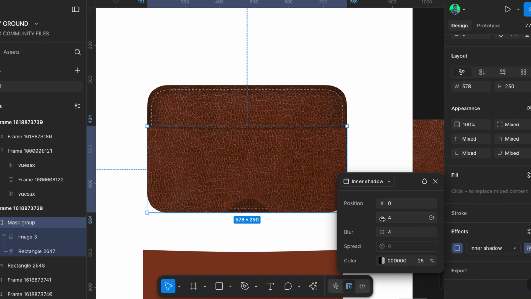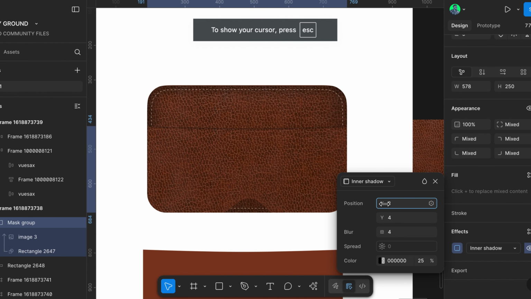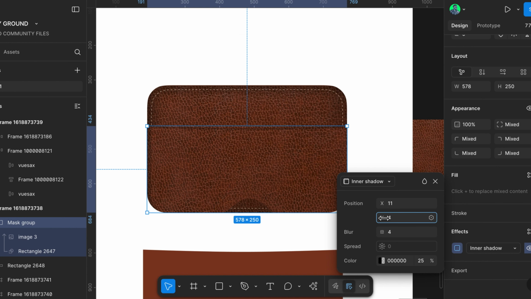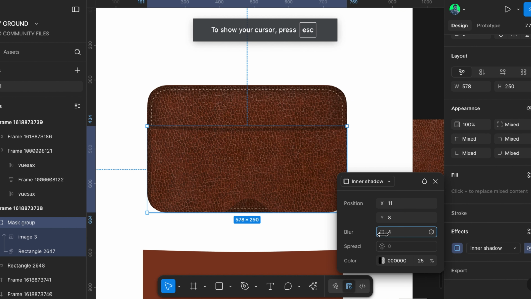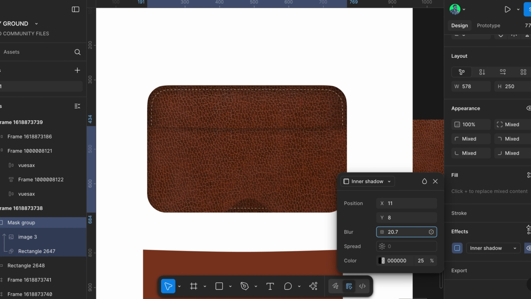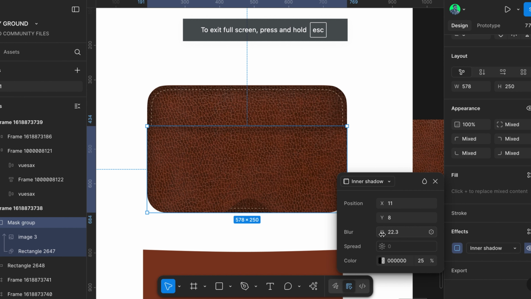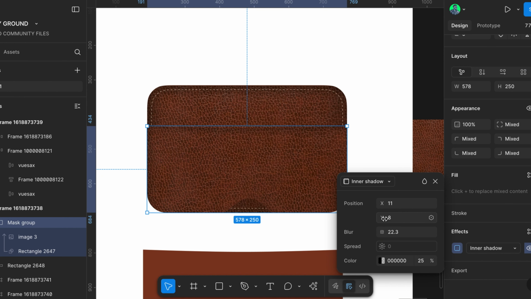So the first inner shadow, on the Y I got 4. I got 4 on the Y, and then on the X I also want to give something here. Don't worry, on the X you also want to have something here. Then you want to blow it out. Now this one, you're trying to create an illusion. Do you understand? You're trying to create an illusion. So you have this one, and in this case you also want to have